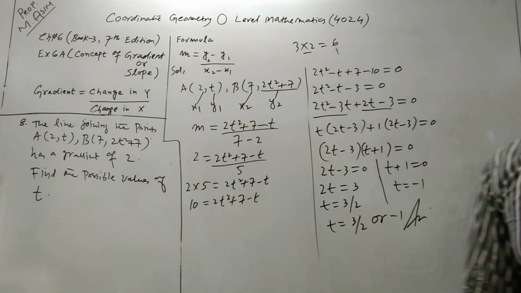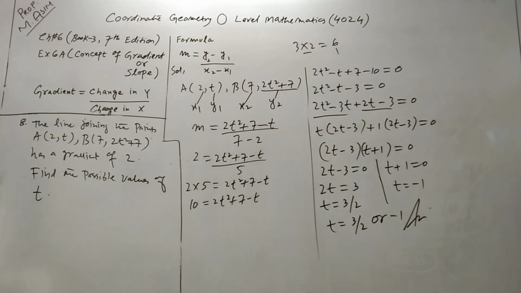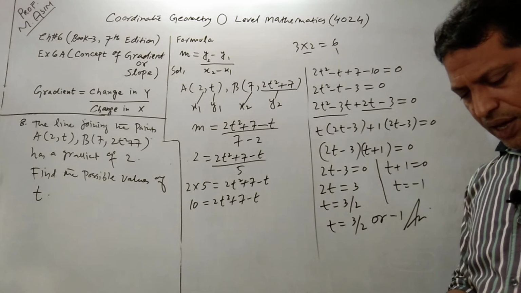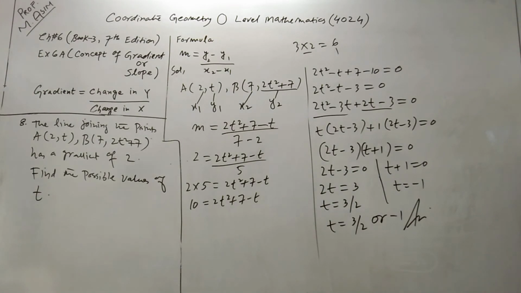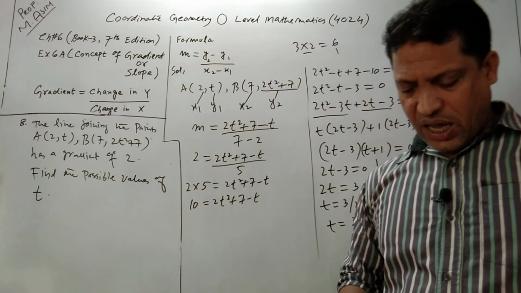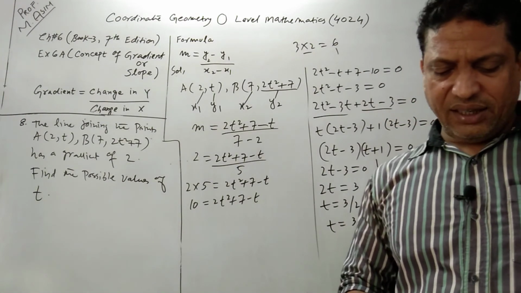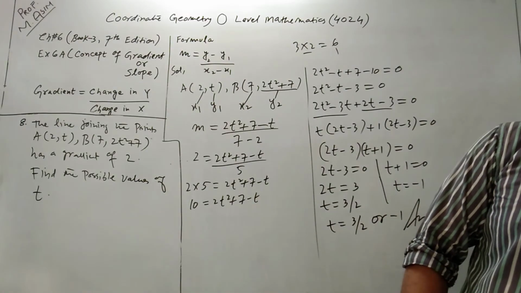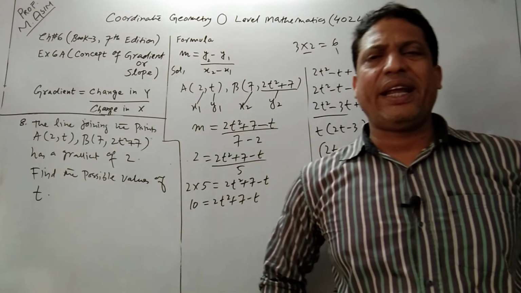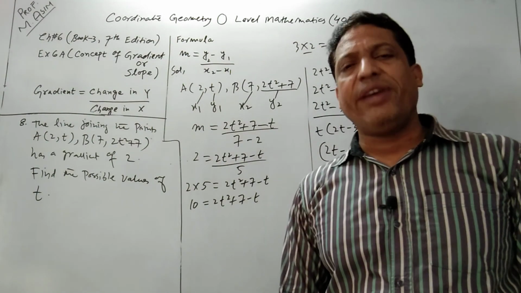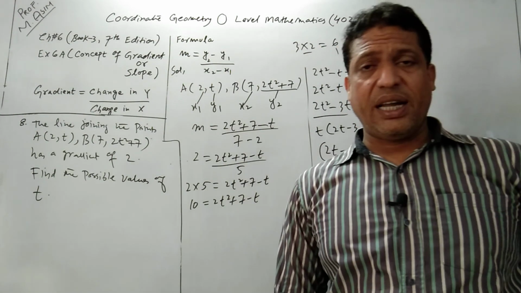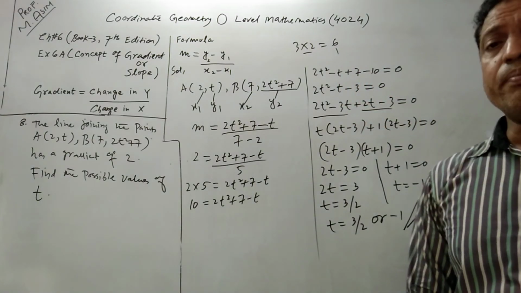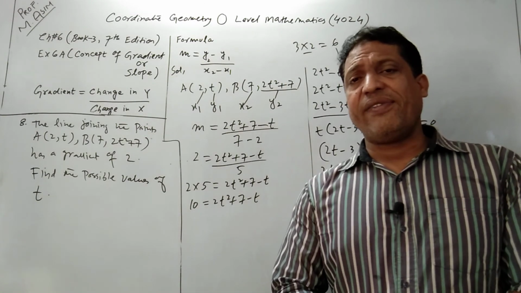This is your answer. So I hope you understand how to find the value of t. This is very easy. So student, the last question is very easy. The coordinates of the vertices of a square ABCD, you just have to find the gradient of all the points. I am not doing this question because question number 9 is very easy. But if you feel difficulty in question number 9 or in any other question, you must write in the comment box. Definitely I will help you.